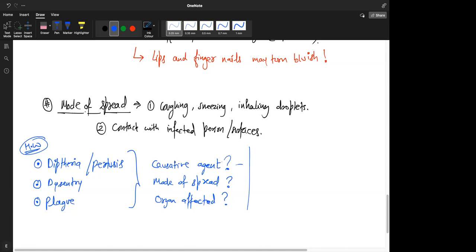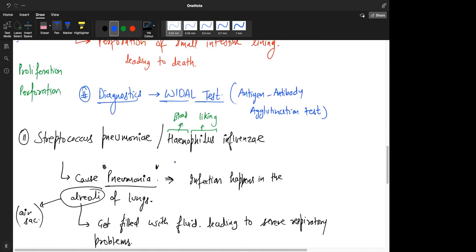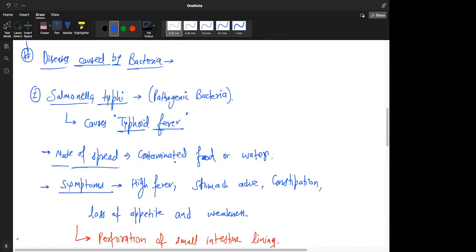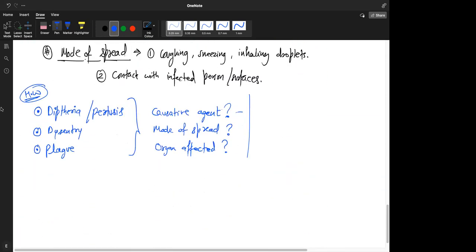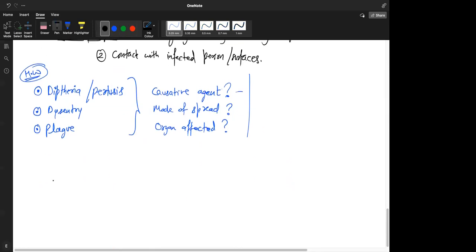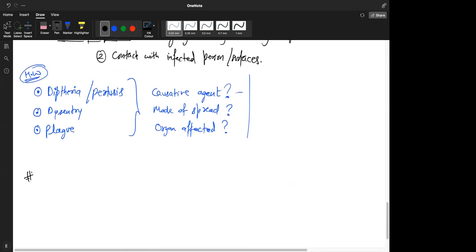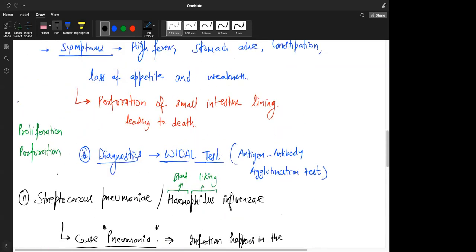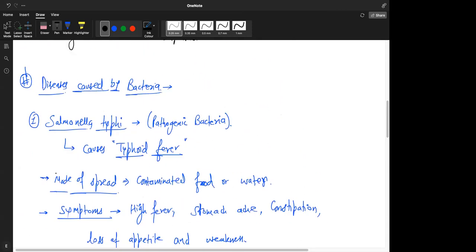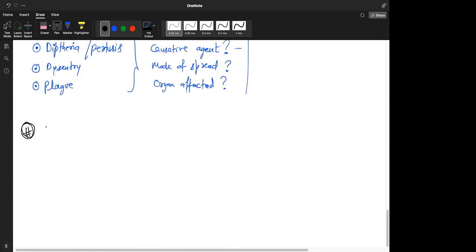Very good. So about bacteria, I'll teach you about these: pneumonia, Haemophilus, salmonella. And when you do this homework, we will discuss more about the bacterial part. Let me also give you insight about some viral pathogens. Okay, so this was bacterial, disease caused by bacteria. Let's go to disease